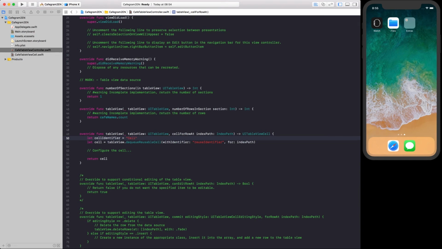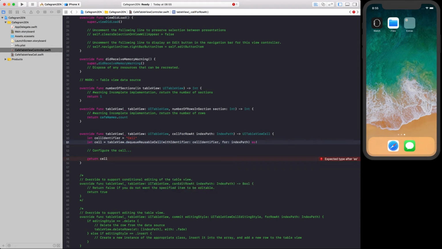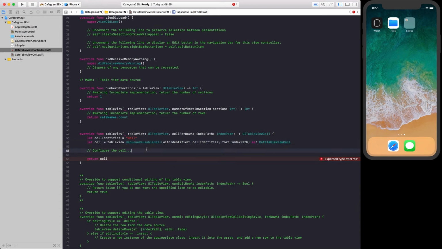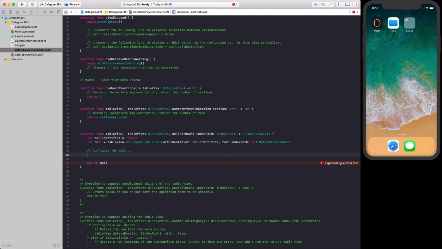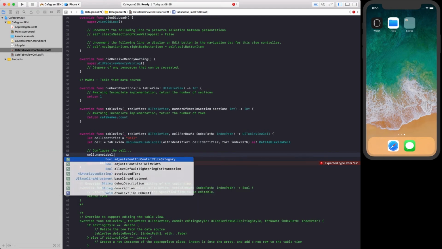It has to be the same as the one we have written in the Interface Builder, okay? Then we're going to choose it and put it here. And also, as we have created our own custom class cell, we're going to bring it here, okay? So CafeTableViewCell like this, and now we can configure our cell. So cell.nameLabel.text equal cafeNames